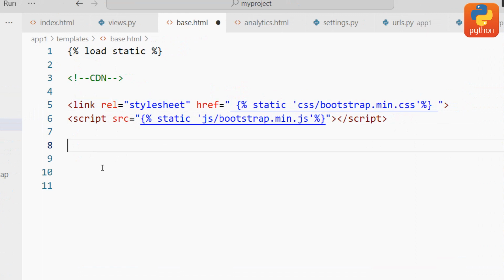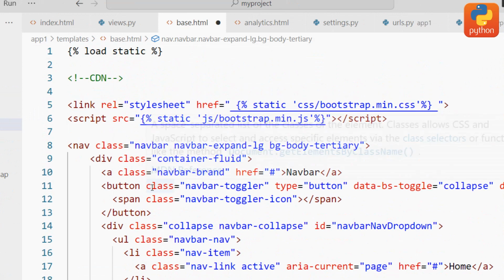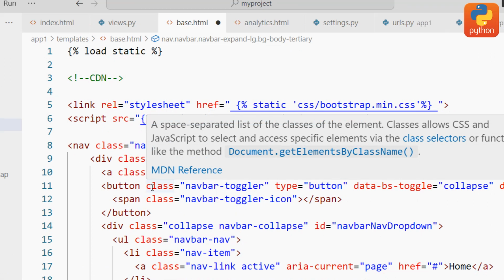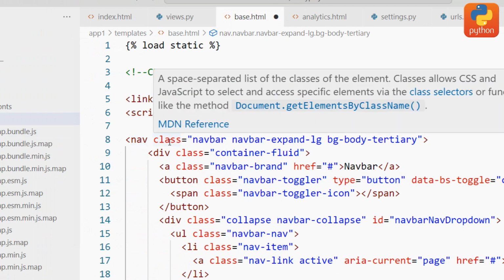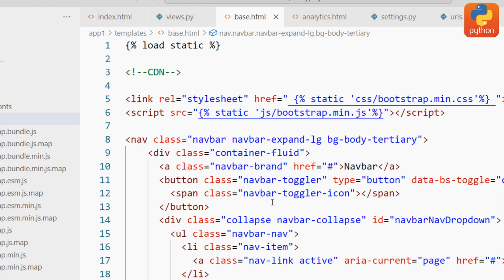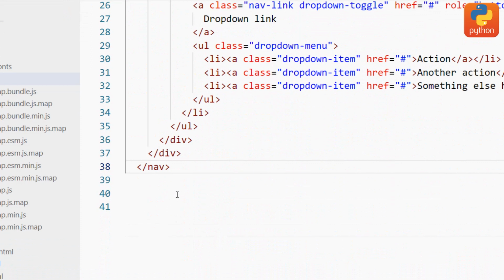Okay, so now paste. Check the paste like this. What follows is to just edit the navigation bar. So now save changes. After saving changes, come down here, then just write block content